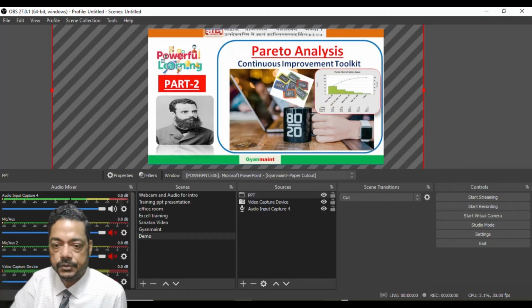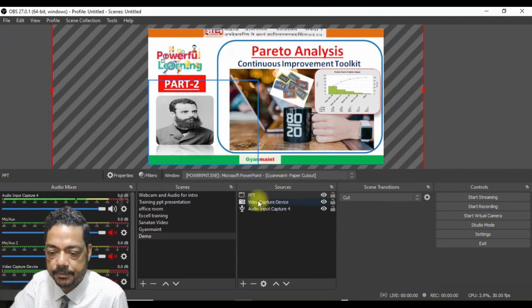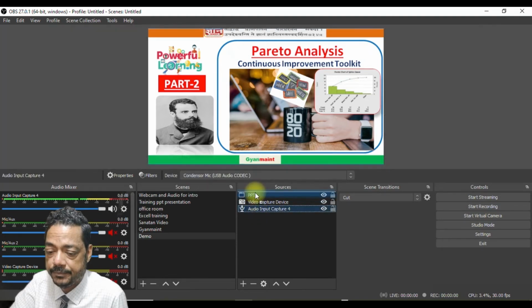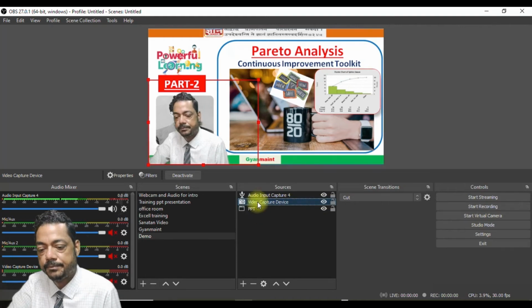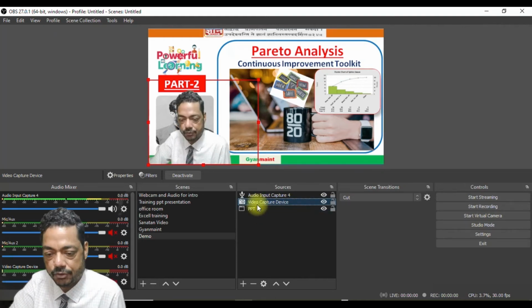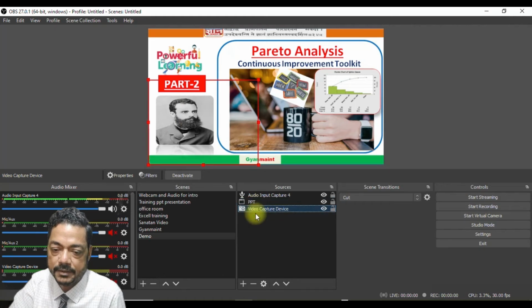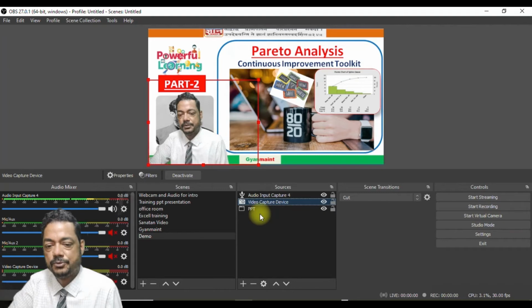Right, so you have got this PPT there. Now see, this is in layers. First is the PPT, then video capturing. Audio capturing doesn't require anything, so you can drag it to the top, and video capturing is coming here. It is somehow not showing here. If I put it forward, it comes forward. If you put it backward, it goes behind the screen. So this you have to understand. So just put it here.